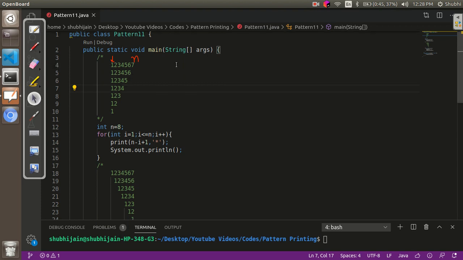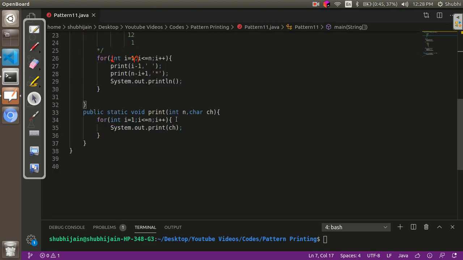So over here what we are going to do is, for such type of questions we need to change our print function. Since we have to print a range of numbers starting from a certain number till a certain number, we are going to take two parameters, int start and int end.